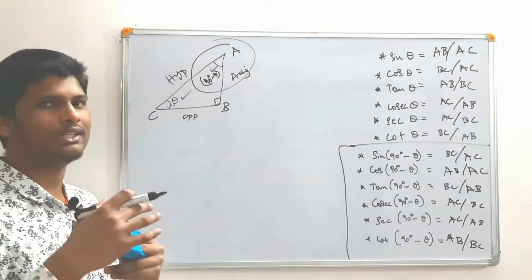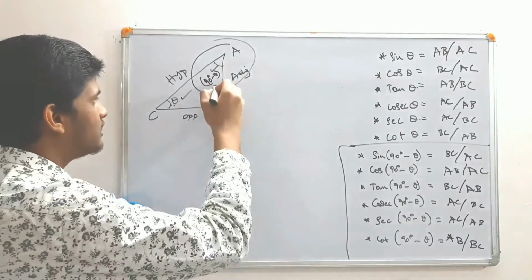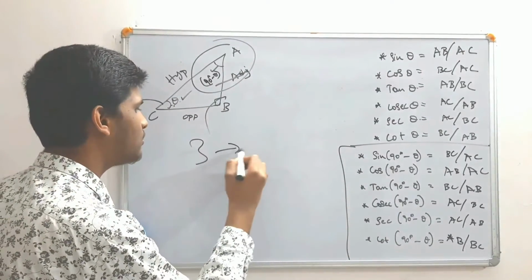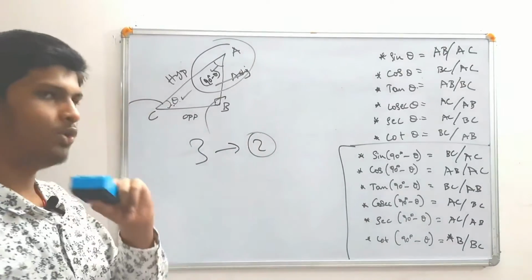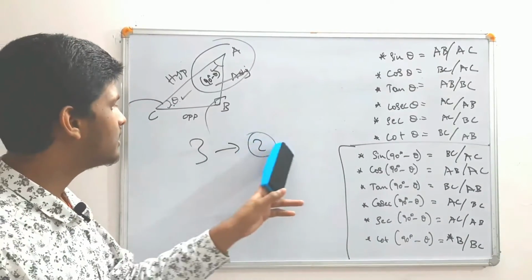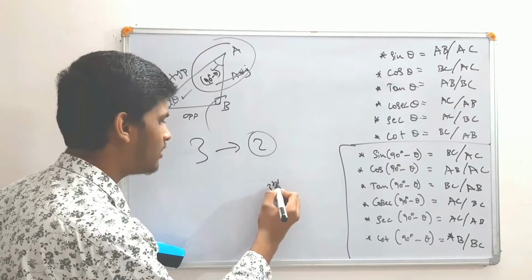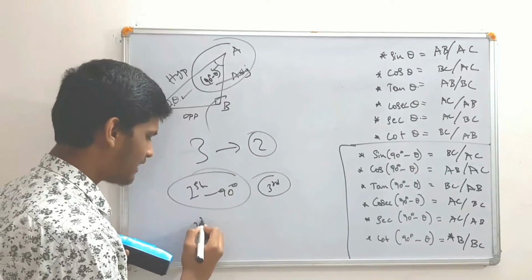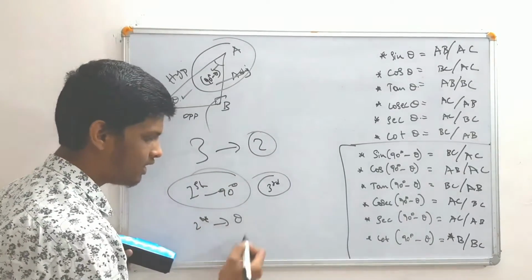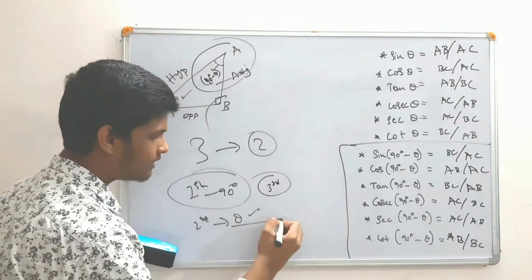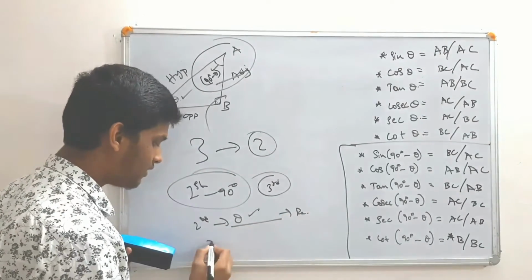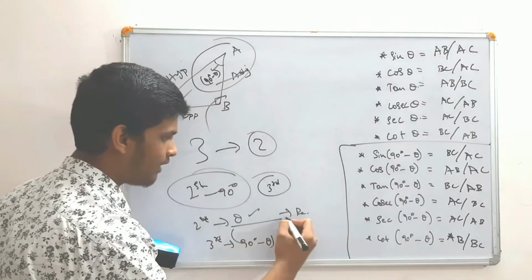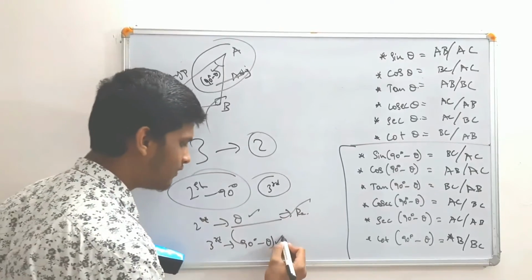Now observe. We don't want this many angles. This is one angle, this is one angle, and this is one angle. We have three angles, and let's reduce it to two angles. Means if you know two angles, you can easily find the ratios of the third angle. You know this first angle, and this is 90 degrees, we don't care about it, and the second angle is some theta. If you find the ratios for this theta, that's enough to find for the third angle, which is 90 degrees minus theta. If you find for one theta, then you can easily find for this.